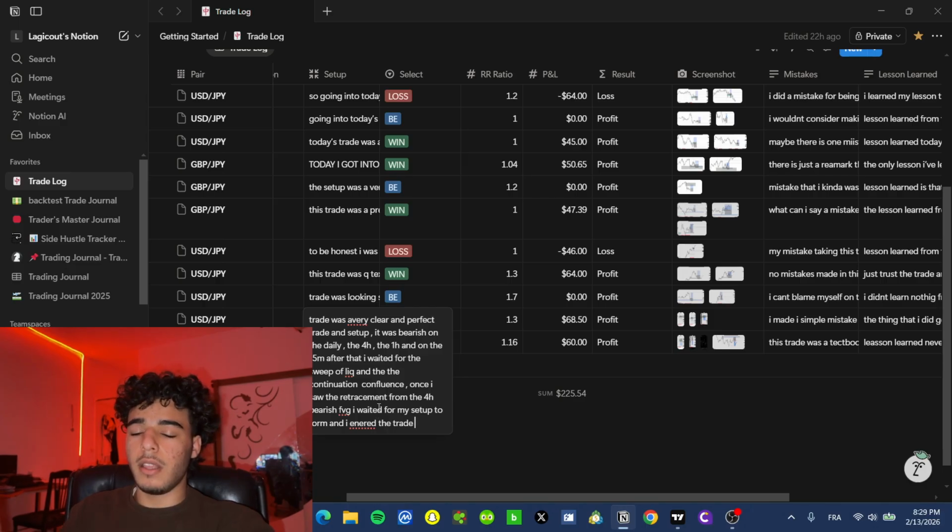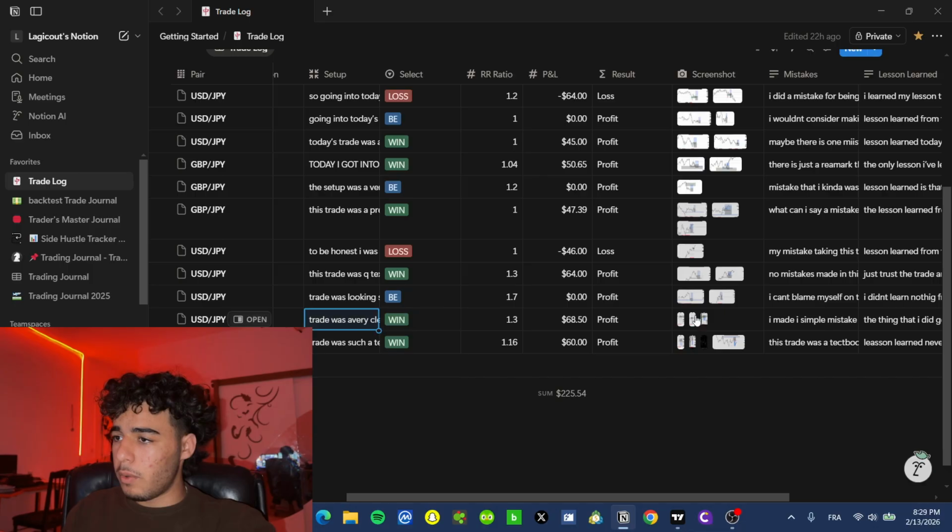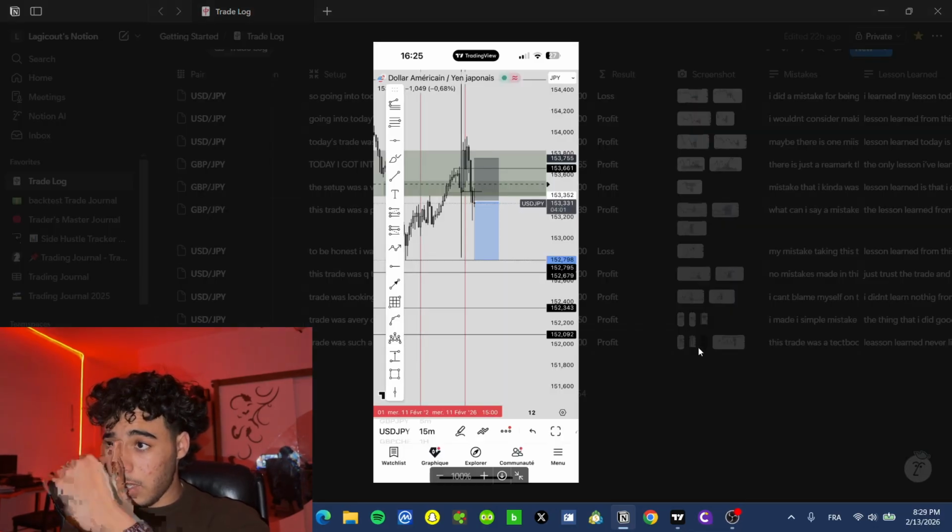So I waited for the retracement into my lower time frame continuation confluences. There was a 15-minute fair value gap, a 5 minute breaker block, and I think we were also in the equilibrium zone. After that, I waited for the setup to form: the 1 minute candle to break the structure, or even to invalidate a bullish fair value gap. Let me go back to the screenshot so you remember.